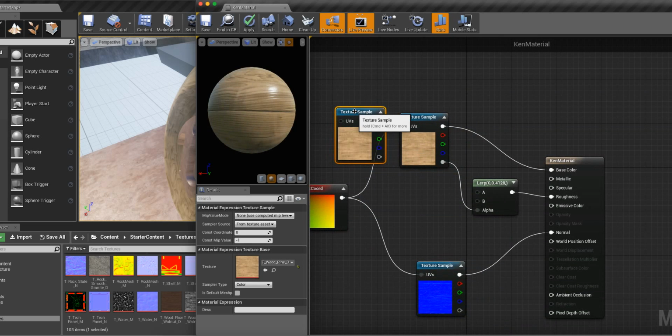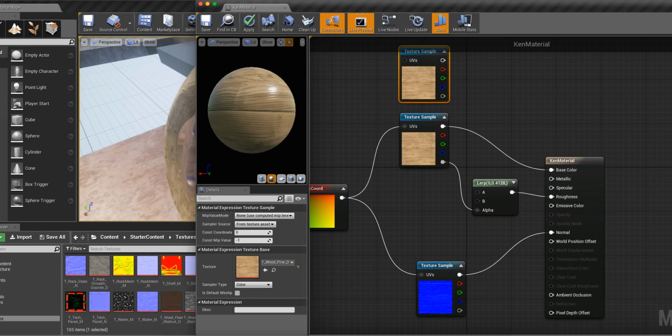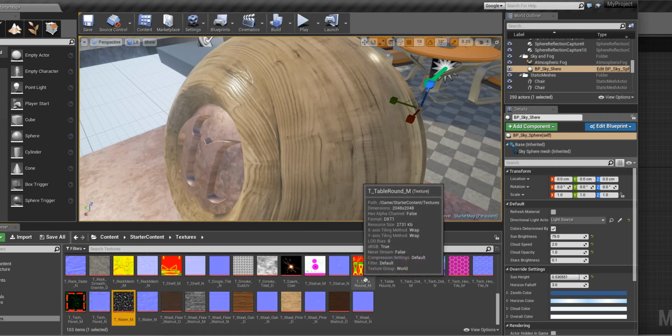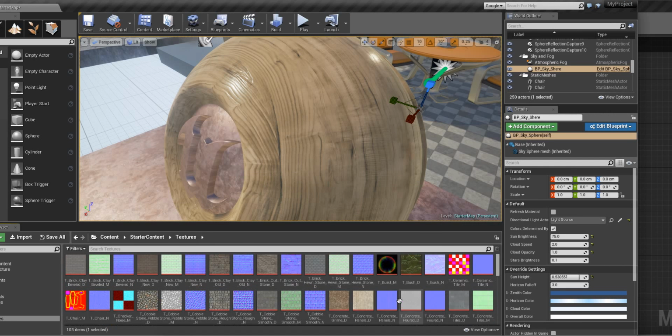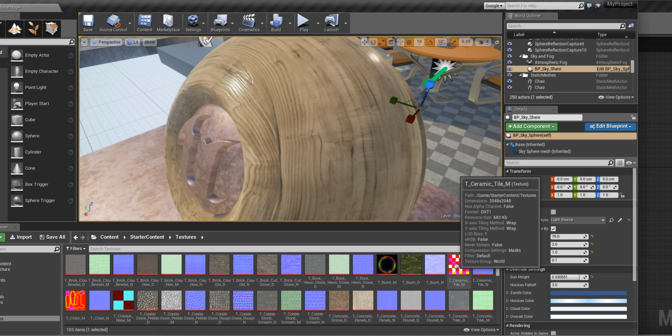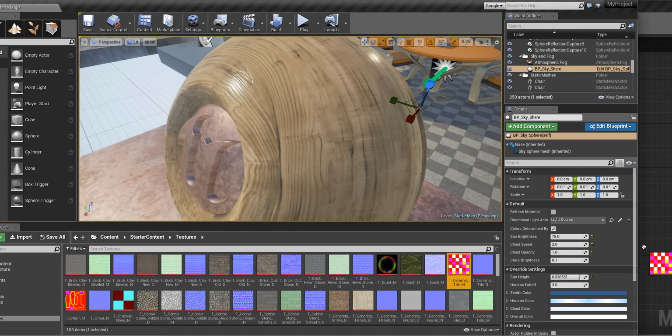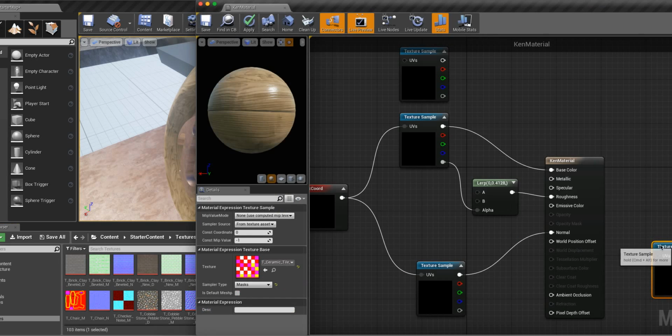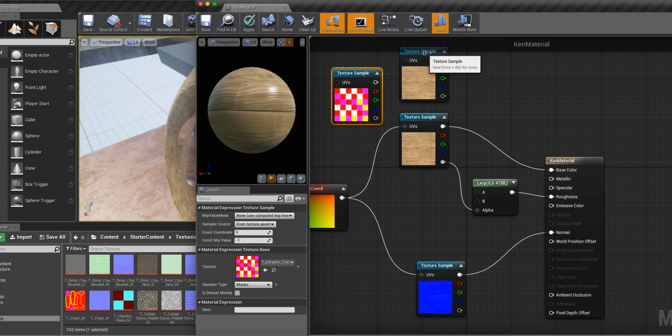So if we add another texture sample, and this time we're going to find this guy, T ceramic tile. And this looks really weird, right? Not something that necessarily would just work. But the way this works